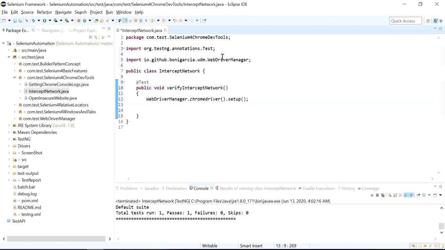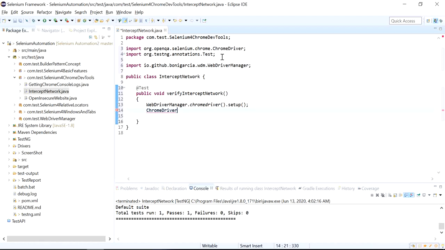and before this I'll create ChromeDriver driver equal to new ChromeDriver.